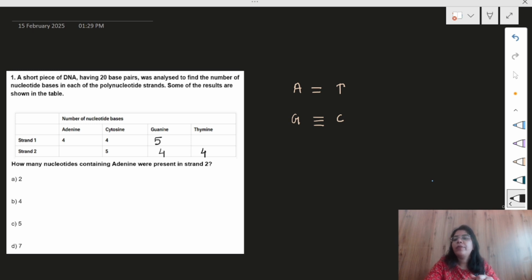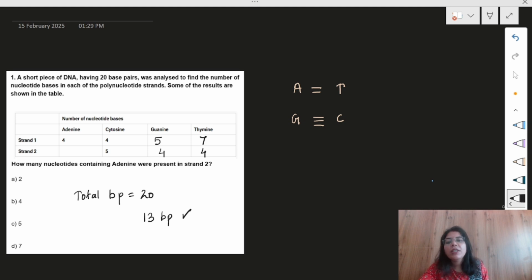5. So out of 20 base pairs in total, in how many did you obtain the results? 4 plus 4 is 8, plus 5 is 13. So 13 base pairs you calculated. How many are left? 7. So 7 base pairs are left to write. It means that 7 must be thymine, and as a result the complementary 7 must be adenine in